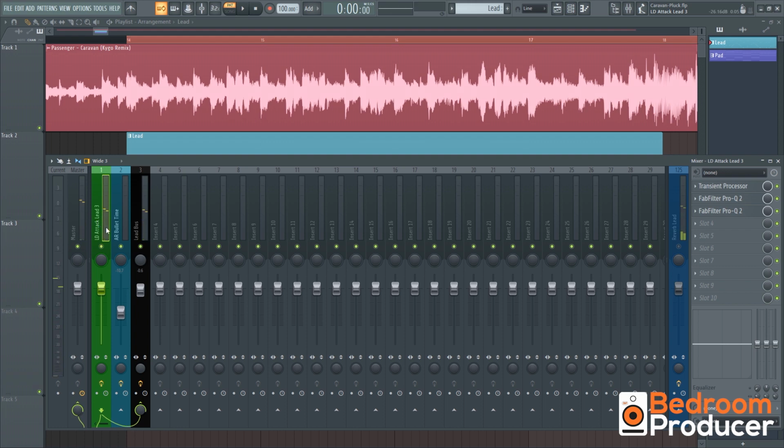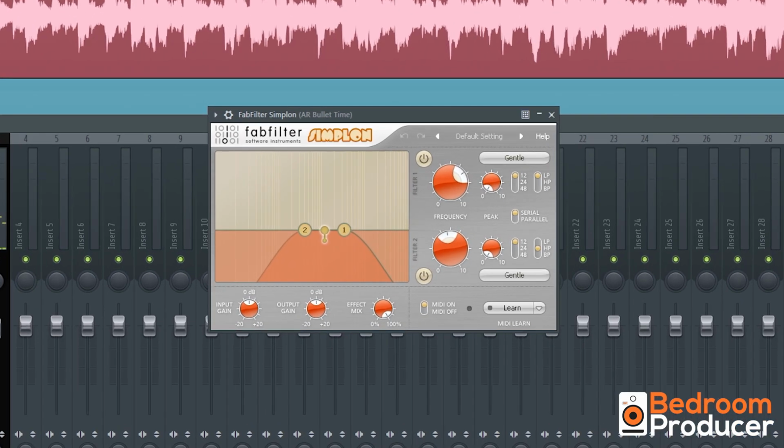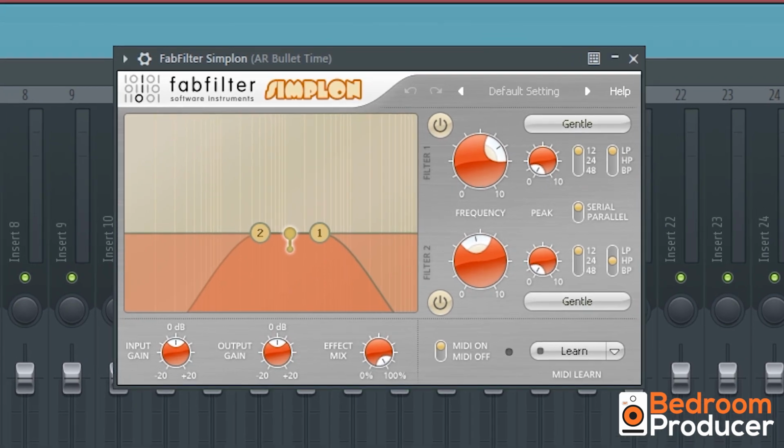Now we have created a flute kind of sound, but we need something to thicken up our pluck and give it a nice and soft attack sound. That's what the Bullet Time patch is there for. On mixer channel number 2 we need to add a filter. I've used FabFilter Simple on here, but you can also do it with an EQ. We need to set a high cut to about 3400 Hz and a low cut to 414 Hz, both with